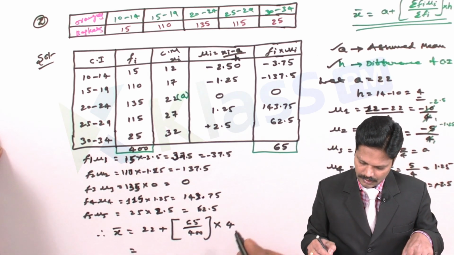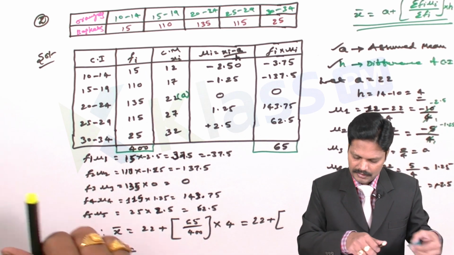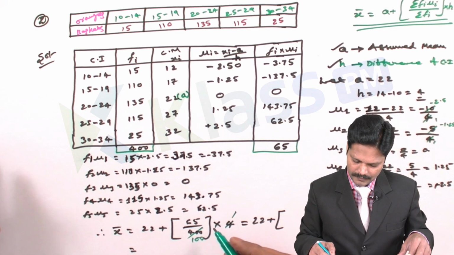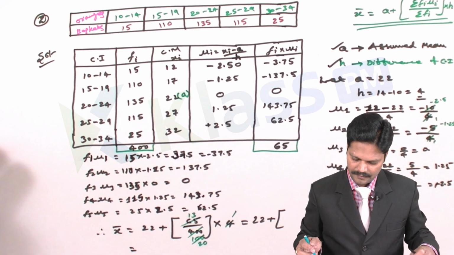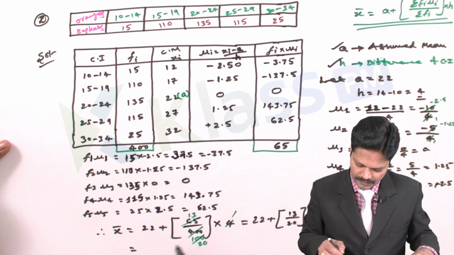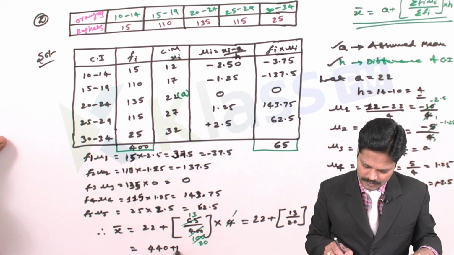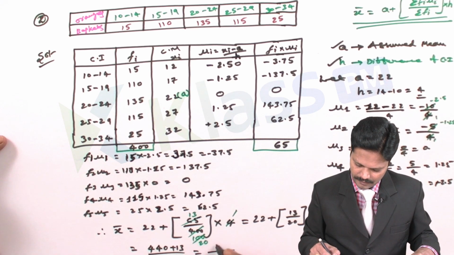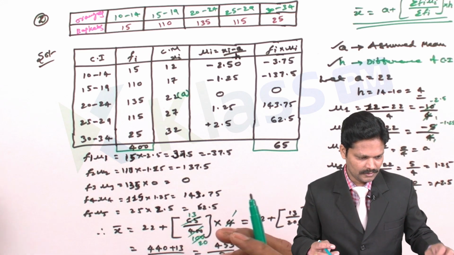By calculation we are having here 22 plus, so I'm cancelling here 4 ones are 4, hundreds are, and 5 ones are 5, threes are, and 5 20s are we are having. So after calculation I'm having here 13 by 20. Then by taking the LCM we are having 440 plus 13 by 20. So after calculation we are having 453 by 20. Then how can we get 453 by 20? By cancellation we are having here, and the value is